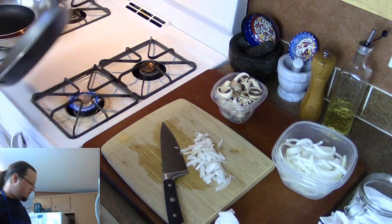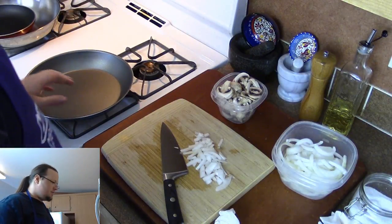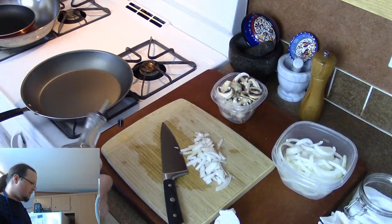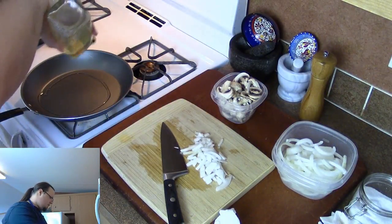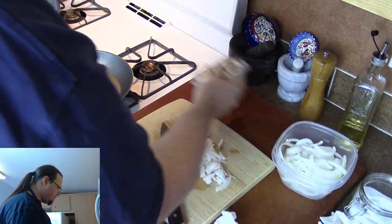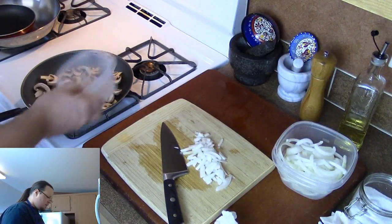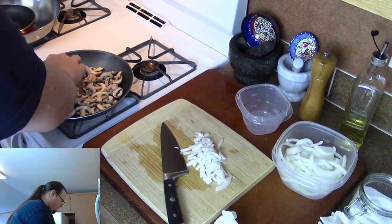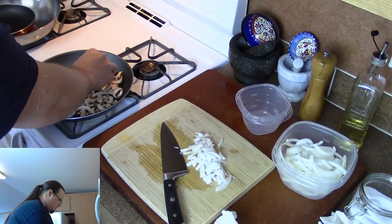Alright, so the pan's getting hot, very nice. I'm just going to be using some peanut oil, which is generally what I use. Get a little bit of oil in there. Throw our mushrooms in. Alright,